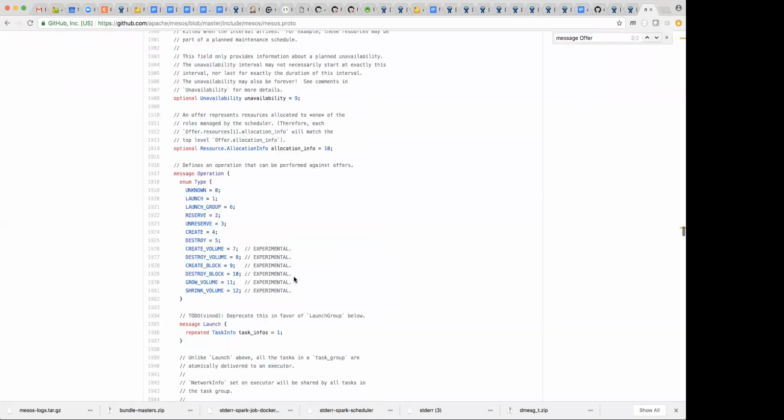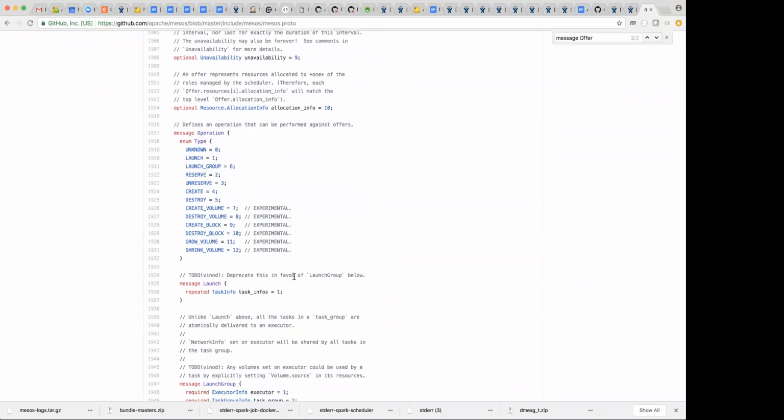Okay, so the thing I added to the agenda is about these operations. To give a short background, to support